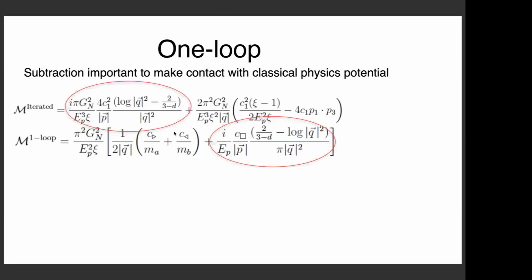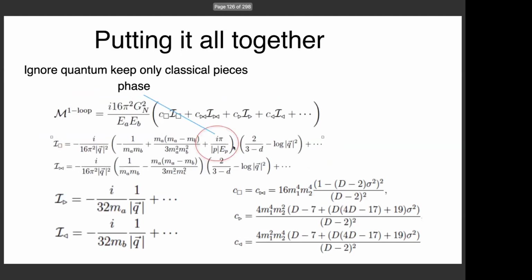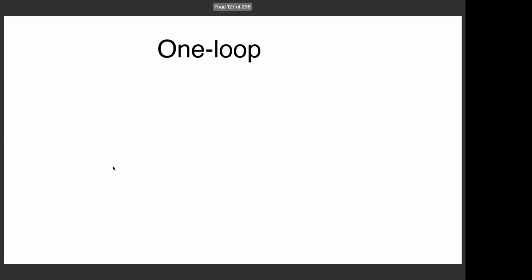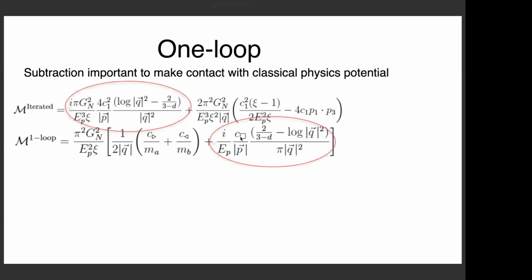And now something interesting happened. So I showed you before that in order to compute the potential, we have to solve the iterative equation. And we can derive the iteration in this case. And we see in the iteration, we generate something that is conspiring with the term we get from the boxes. So we see here that when we compute the box, we generate some terms which are q squared, and this term is exactly the term that enters in the iteration.